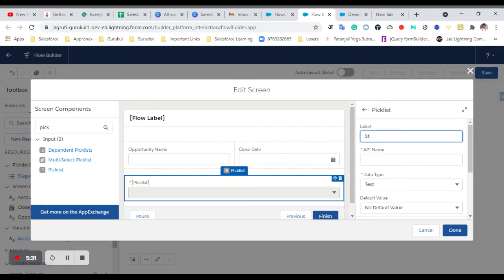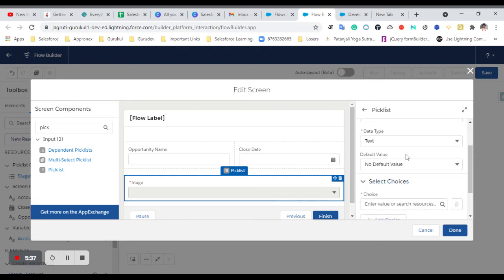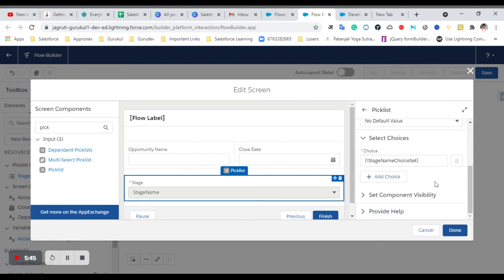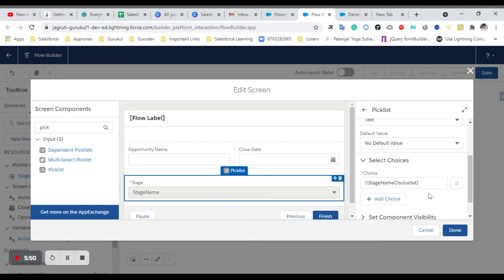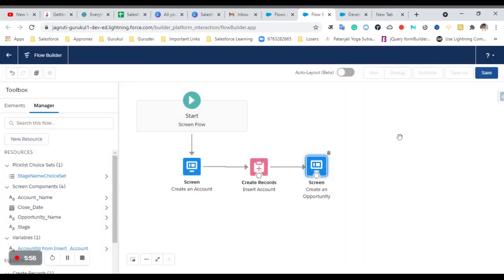I'm calling this one stage, and the data type will be text. Yes, the choice is the pick list name choice set that we created. Everything looking fine. Okay, great. So let's just click on done.